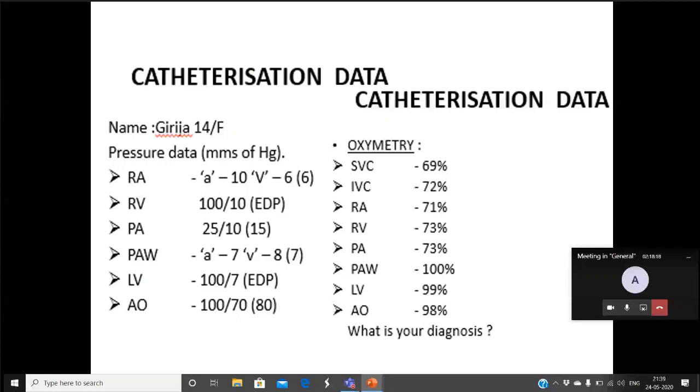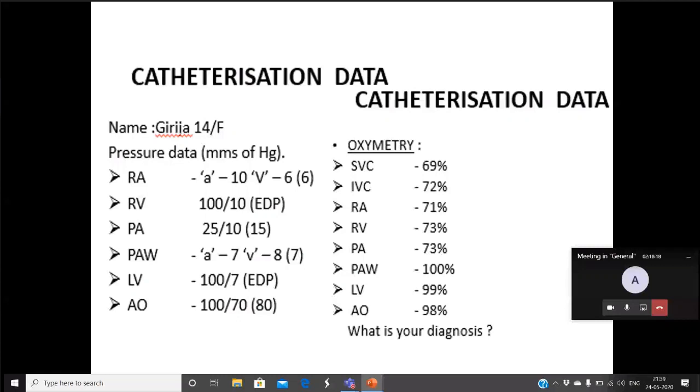When we take a mixed venous oxygenation while calculating systemic blood flow, and only a single pulmonary saturation is available, if the patient does not have any shunt, then you can take pulmonary artery saturation as the mixed venous saturation. There should not be any shunt at the right atrial level or VSD, no shunt at the ventricular level. Then you can take pulmonary artery as the mixed venous saturation.